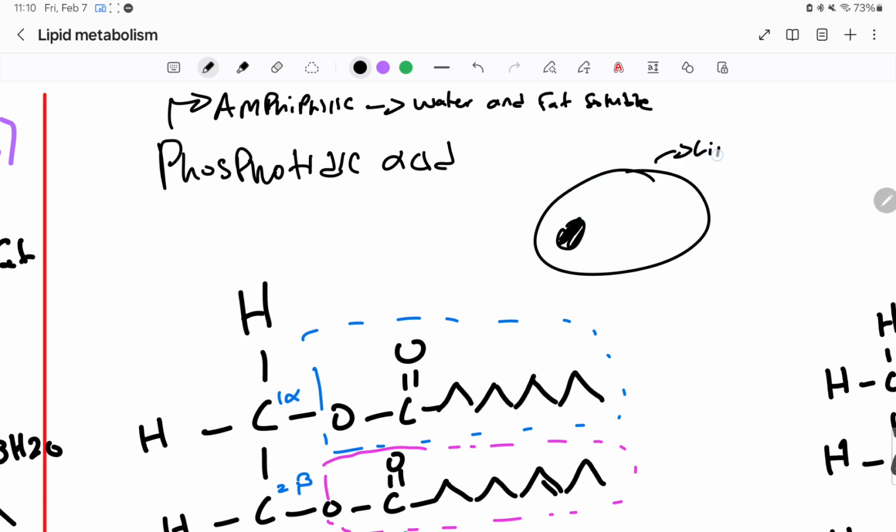It's a lipid bilayer. But specifically, what kind of lipid? A phospholipid bilayer, okay? And that phospholipid bilayer is just kind of studded all around the cell membrane, making up the cell membrane, really. And it is because of the fact that it is water soluble and fat soluble, okay? So this unique amphiphilic feature of it allows it to be making up cellular membranes, and not only just for